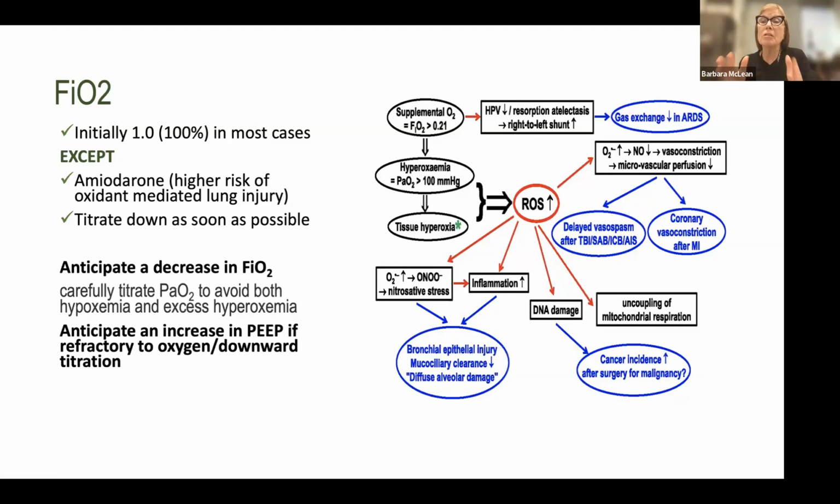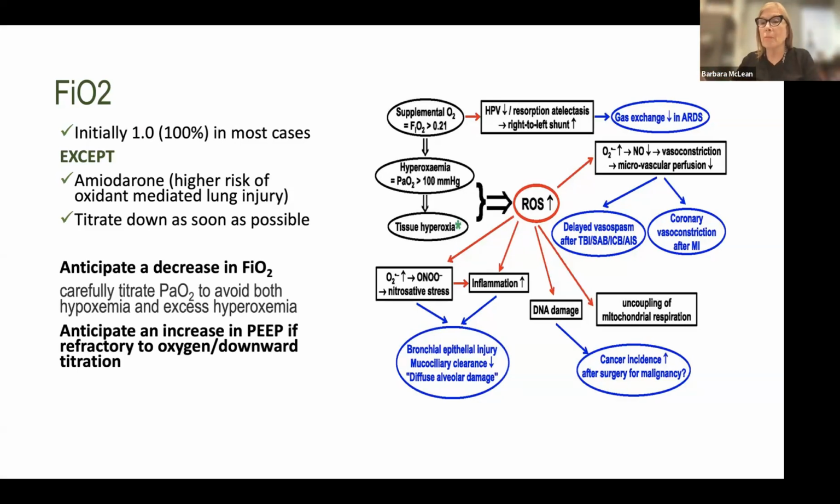Now, we'd like to see your PaO2 between 80 and 150. Anything lower, anything higher, we're going to be concerned about, okay? If it's higher, just turn down the FiO2. If it's lower, you should anticipate an increase in PEEP to open up the lung so that we have better gas exchange. Now, if I'm at the bedside and I'm titrating down and my patient's SAT falls, I'm going to